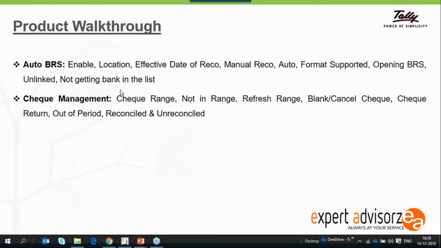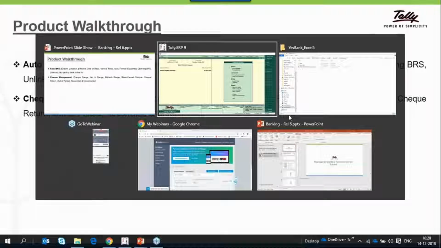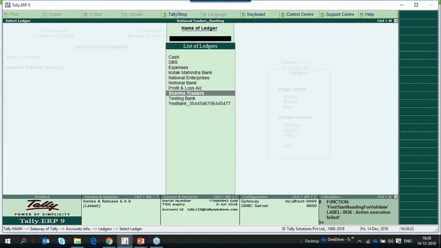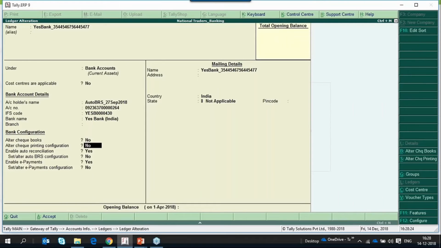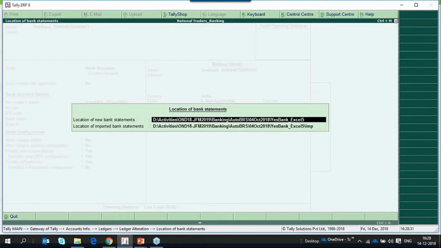The configuration of location can be done in the bank ledger creation or alteration. When we go to set or alter bank reconciliation auto BRS configuration, here the statement location can be configured.